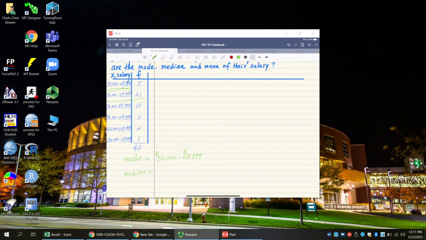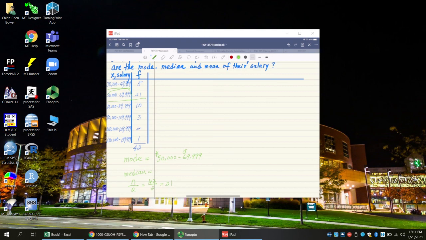The midpoint location is based on n divided by 2, which allows you to find the midpoint. So this is 42 divided by 2, so it's the 21st. Okay, so next you need to identify what to do depending on whether